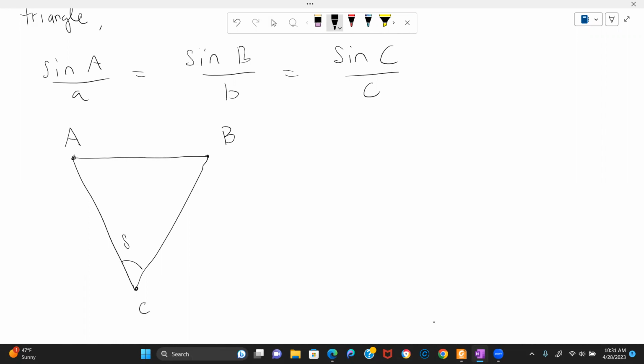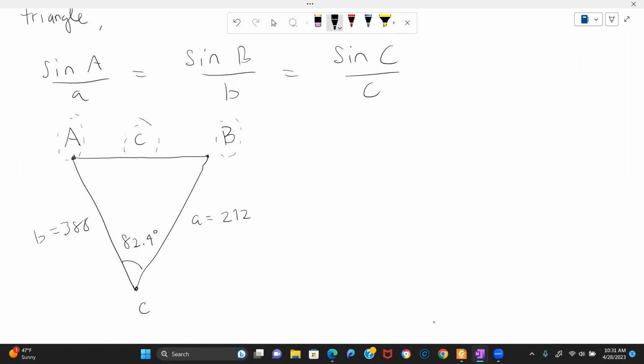Let's say this is 82.4 degrees. This side is 388, so this would be side B. This would be side A, which is equal to 212. And then this is C, and this side's unknown. So the idea is we want to figure out angle A, angle B, and then side C based on these